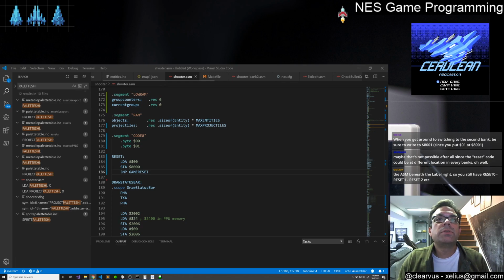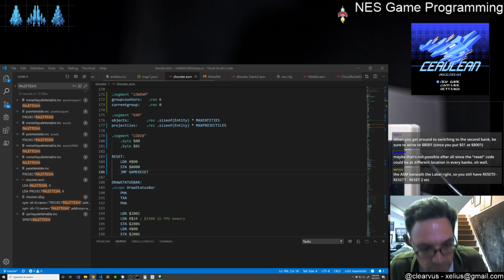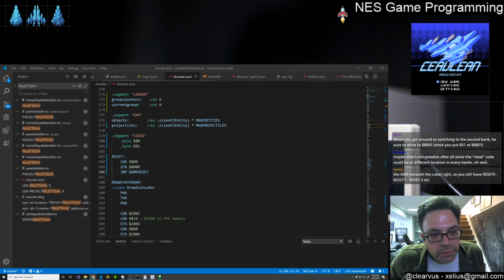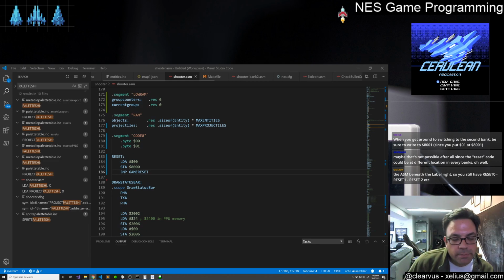When you get around to switching to the second bank, be sure to write to 8001. Yeah, yep. Right, because the 8001 has the value 1 in it, and that would fix the bus conflict to address the second bank. Maybe that's not possible after all, since the reset code would be in a different location in every bank. So you still have reset 0, reset. Well, yeah, so the resets need to be there to handle,